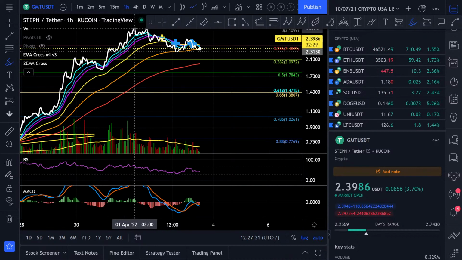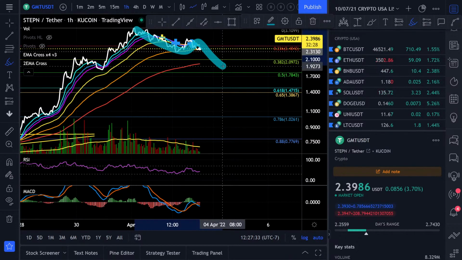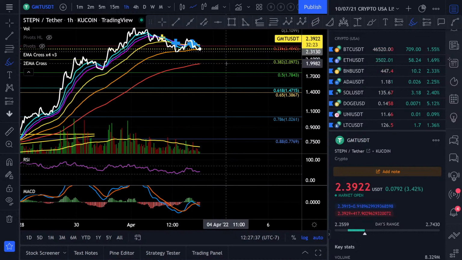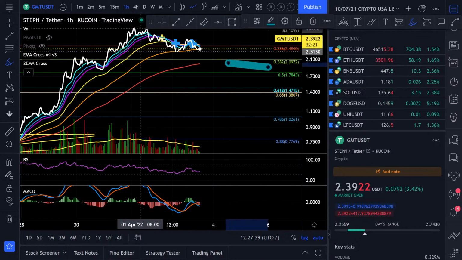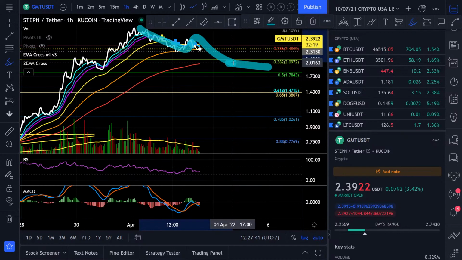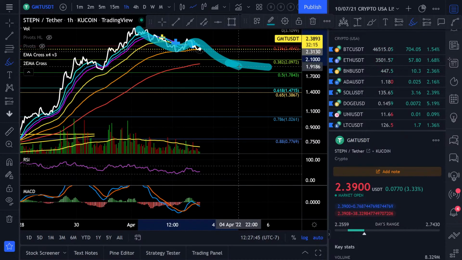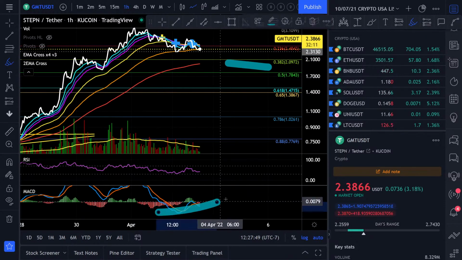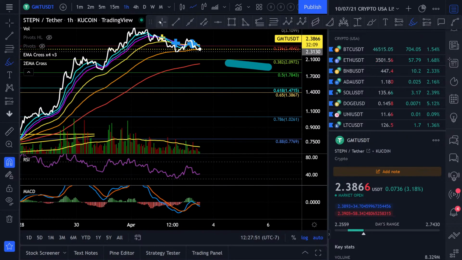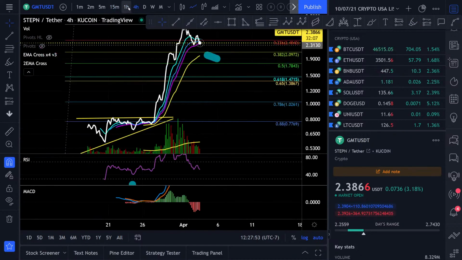If Steppen sells off, you could see the lower low is below $2. So $2 support is going to be critical for Steppen to hold. Right here. Low, high, low. Okay. And then once that happens, you might see the momentum build. But if it's just going to rally again,